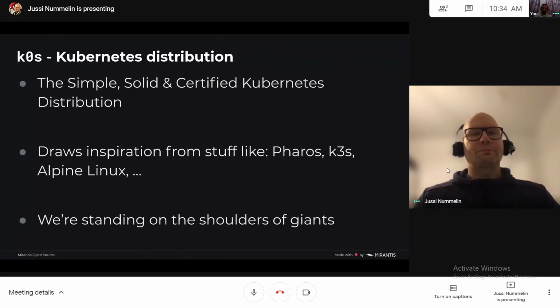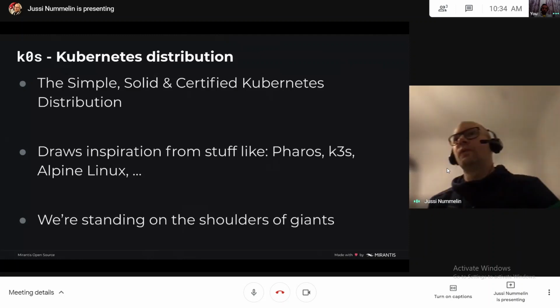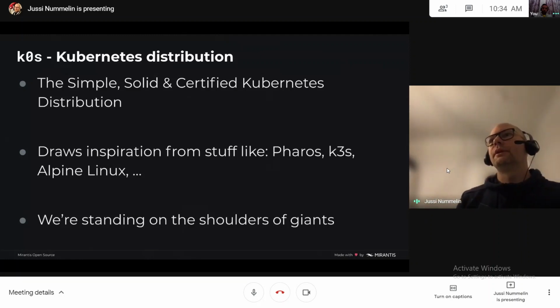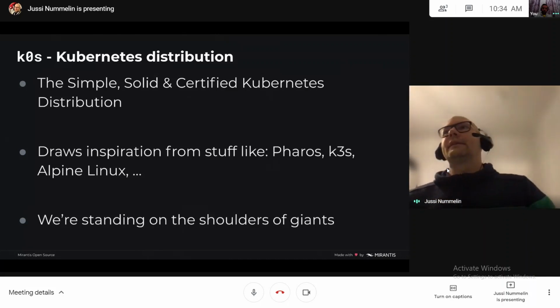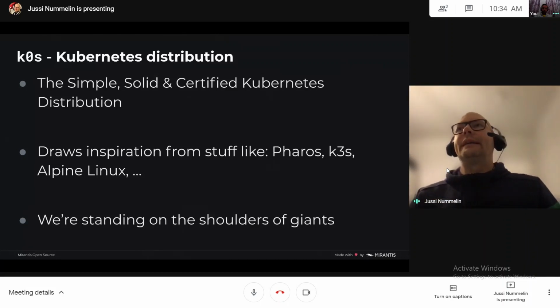For those of you who are newer to the world of Kubernetes, the CNCF maintains a conformance testing suite. It's basically a set of automated tests that run on the cluster and figure out whether you actually have a solid and certified Kubernetes.